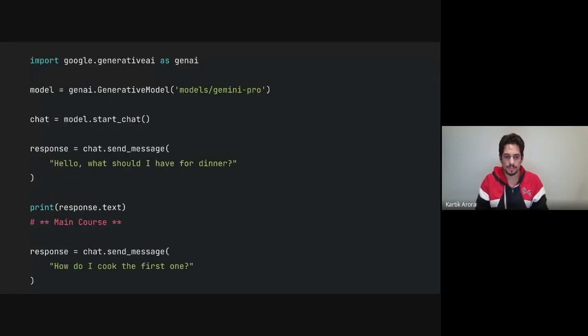The other way is the chat interface. Chat has a conversational state. If you're making raw API calls, you need to manage that yourself. But with the SDK, the state is managed for you. This also means that it keeps a history of that chat, and it also lets you play around with different things within that chat itself. And I'm going to talk about it in a few slides again.